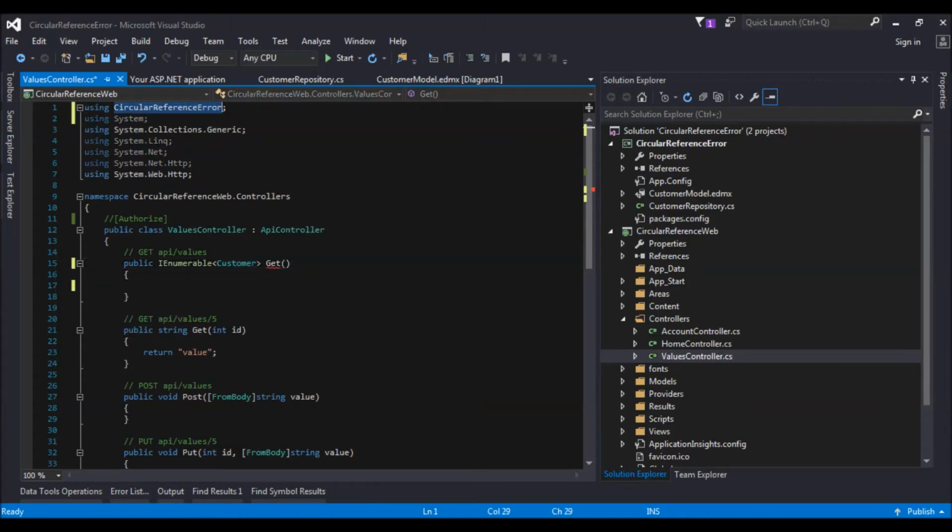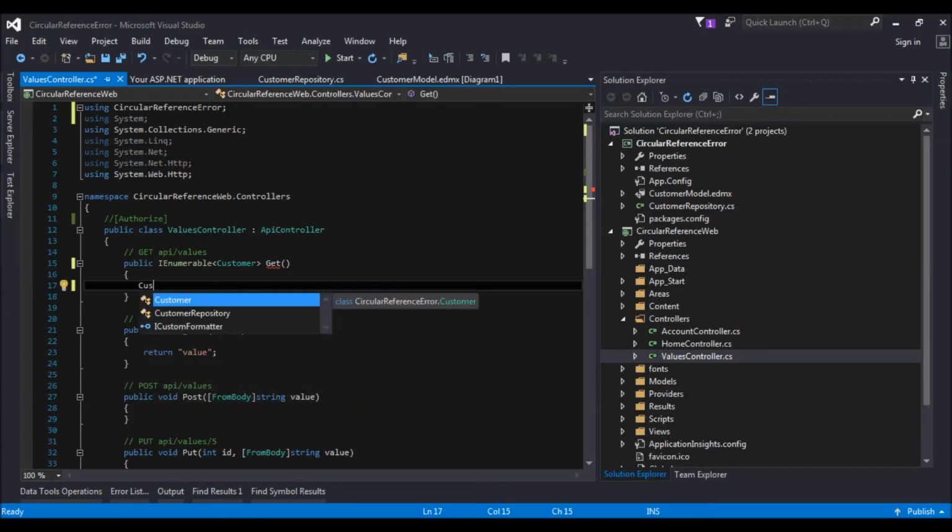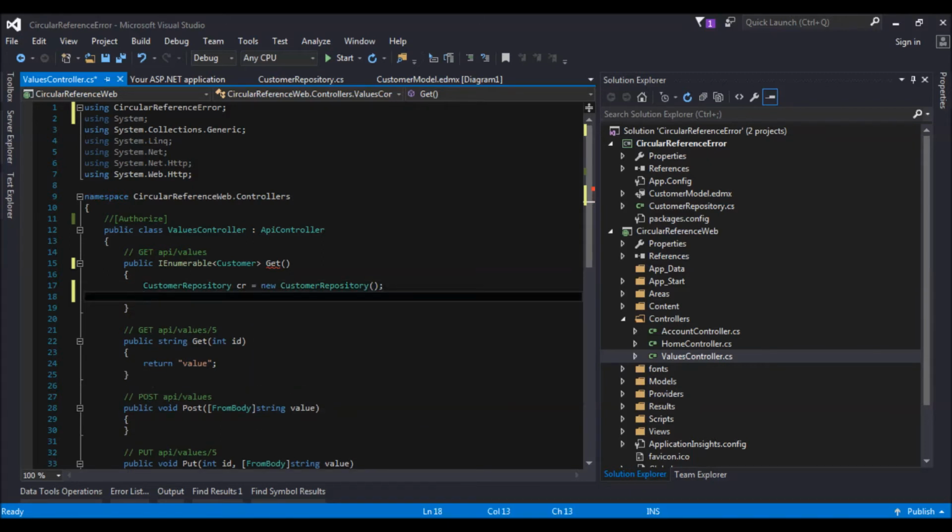So we have this namespace included. Okay, in the get, what we would be doing is calling the customer repository. So what we have is CustomerRepository cr is equal to new CustomerRepository. Okay, cr.GetAllCustomers